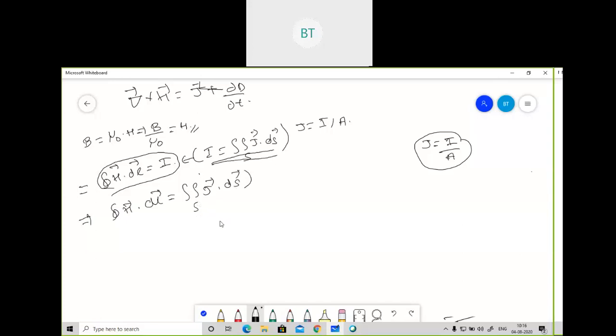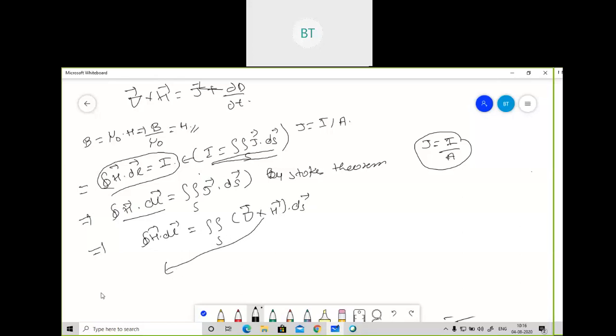After that I will apply Stokes theorem here. So by Stokes theorem, what does Stokes tell us? Stokes tells us that the line integral will be changed into the surface integral. That is, this value will be changed into the surface. So I will write here the surface value of H dot dl, that I have changed into surface. Now I will write the surface value here, and I will substitute the value of this line integral in the surface value.